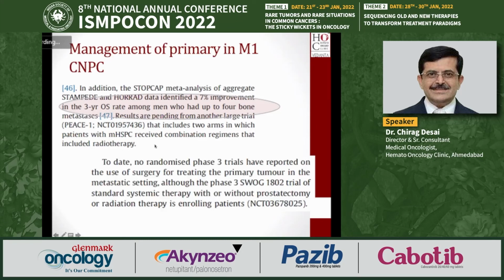To date, no randomized phase 3 trial has reported using surgery for treating the primary tumor in the metastatic setting. So if radiation works to improve survival, can we extrapolate and start doing surgery, as some of my surgical oncology friends are very fond of performing surgery in metastatic disease? But